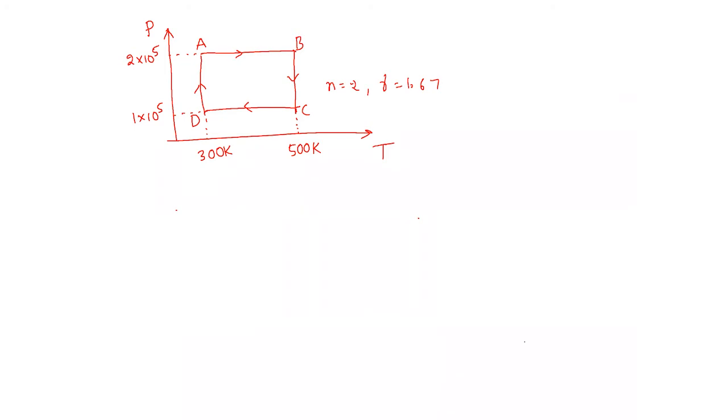Work done in isochoric process is zero. Why is work done in isochoric process zero? There is no change in the volume. Yesterday I explained. So basically work done is